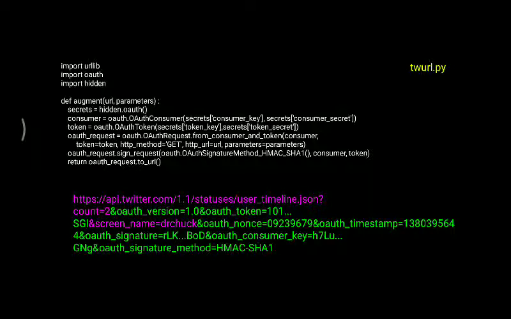Hidden contains information for the authentication. Here we use one augment function, def augment with URL and parameters, and this particular twurl is needed for the authentication purpose by importing OAuth and hidden.